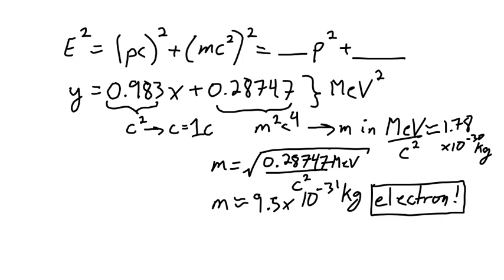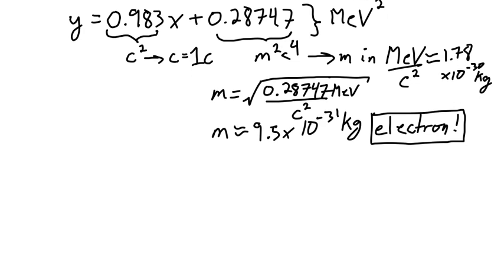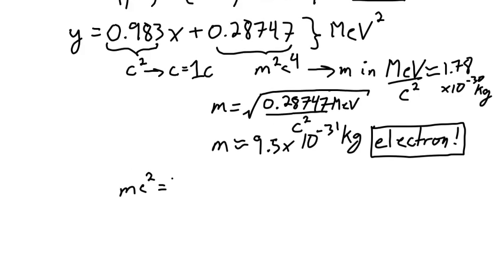But now we want to determine what the speed of light is, which we are going to be able to do by working backwards from here. So this time we want to work in the opposite direction. We want to take our energy in mega electron volts and convert it directly into joules. So let's say that we have our mc squared equal to our rest energy E. And this time we're going the other way. So we want c, which is going to be equal to, once again, the square root of our energy E,